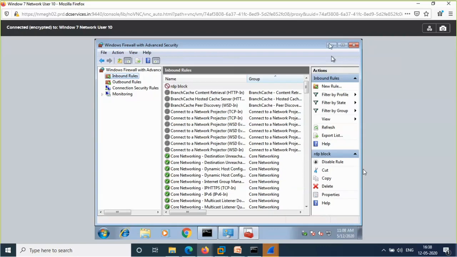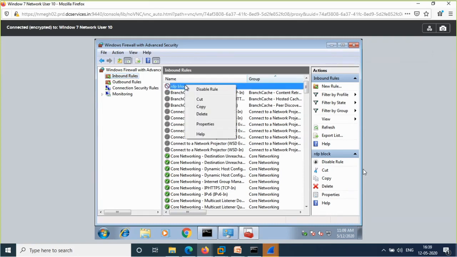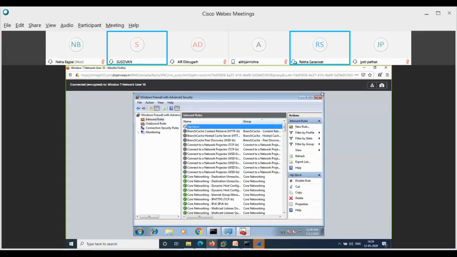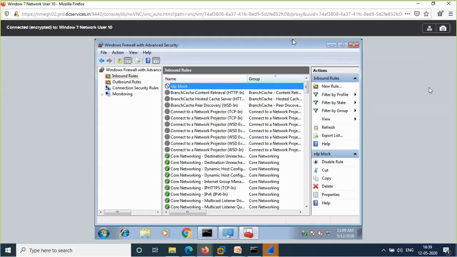So this is one of the ways you can do, and this is a very good practice. If you are keeping your RDP open all the time, then it may be prone to attack. So you only enable it whenever you have to. You just right click this rule and disable the rule. When you disable the rule, then the rule is not having any meaning. But when you have to enable it, then enable the rule. Now it is okay. So it means that your rule has been set, port has been blocked. Any query?